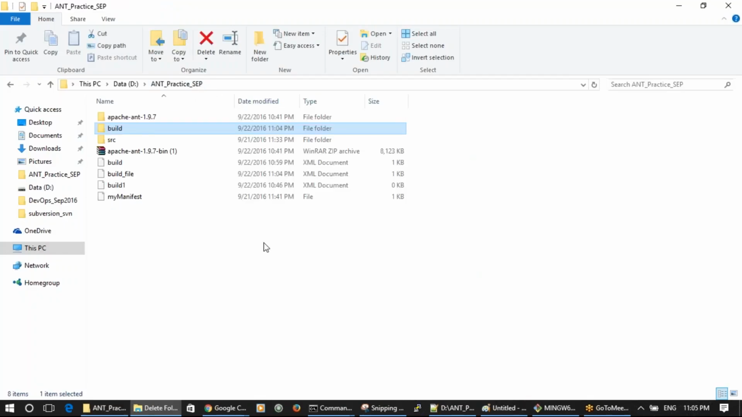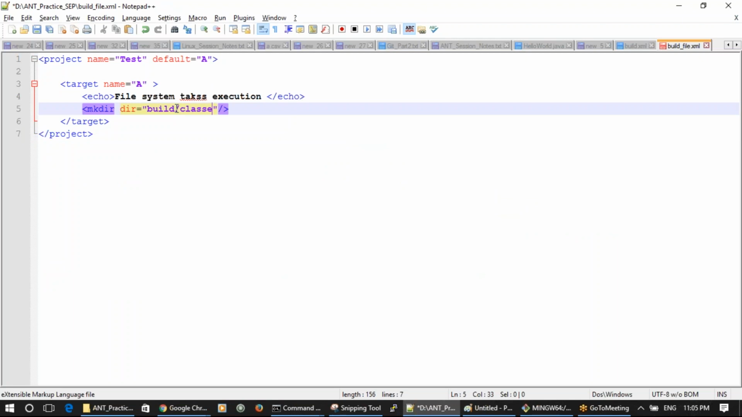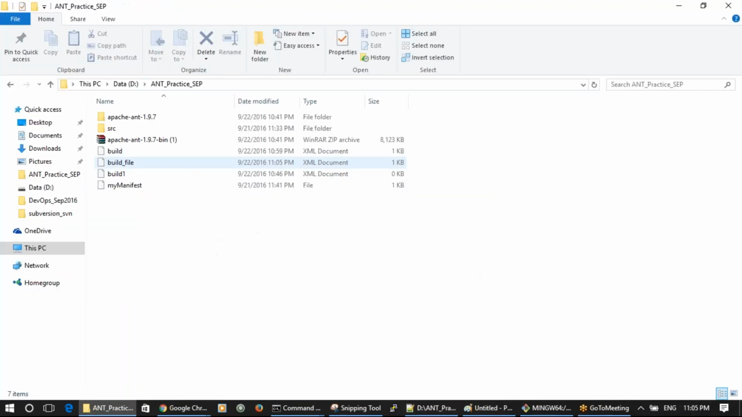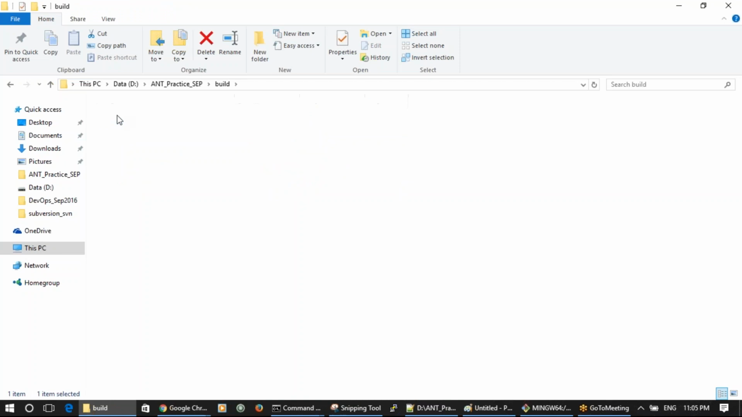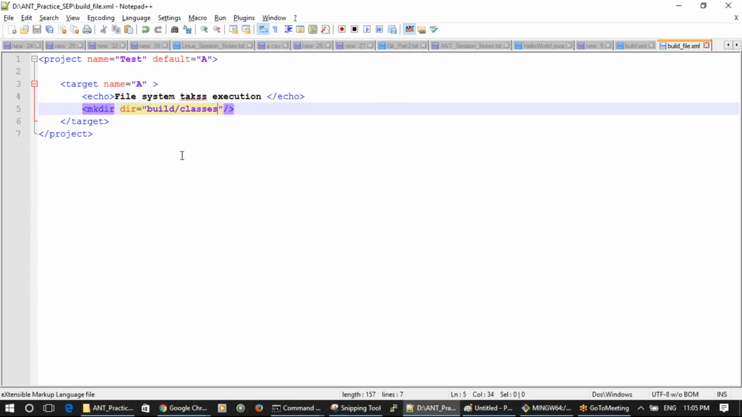Okay, now I'm deleting it, guys. This time I want to create a chain of directories. Build/classes, nothing but the build directory with the classes directory inside it. There is not even a single directory there now. You cross check. Can you see the build directory created and the classes directory? So you can create a chain of directories at a time. That's the specialty of mkdir. Simple command. Okay, fine. Let's go to the next command,